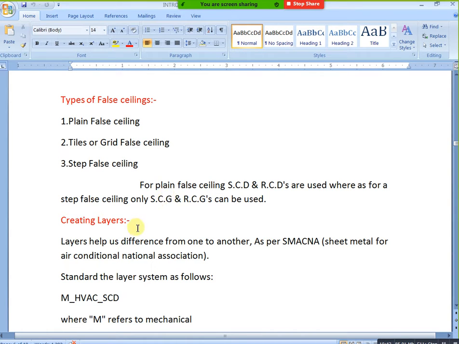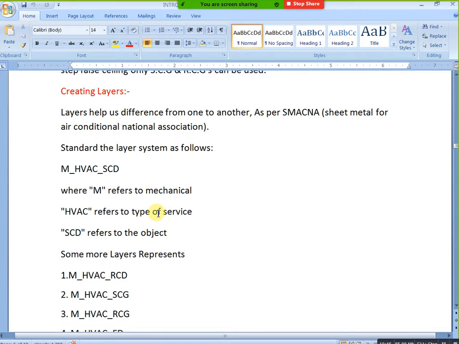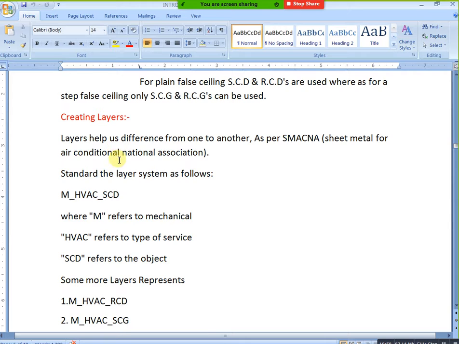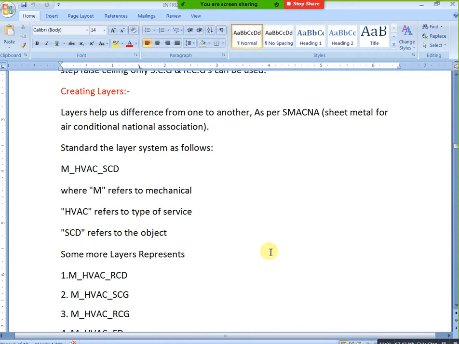Next, when you create your layers in AutoCAD, we need to follow this rule. MHVAC SCD. Here MHVAC SCD is one of these rules. First of all we need to mention our department, mechanical department, that's why you mention M. Next, D-S-E-T means D for department, S for service, E for element, T for tag, that is the element number.